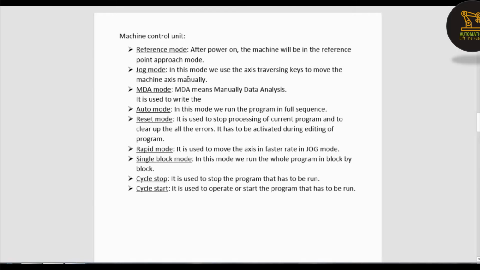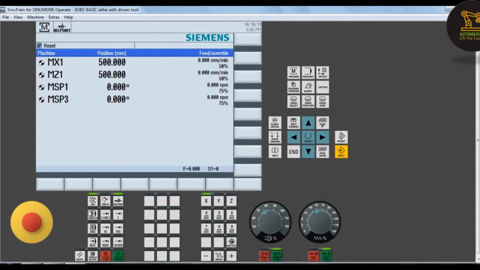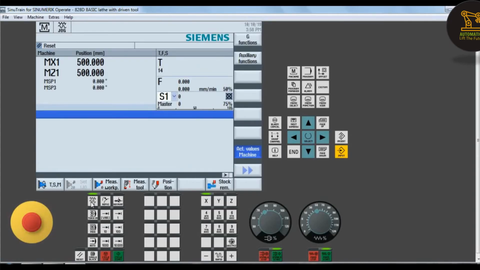Jog mode. In this mode, we use the axis traversing keys to move the machine axis manually. Jog mode is used during the machining process, to move both the x and z axis manually.